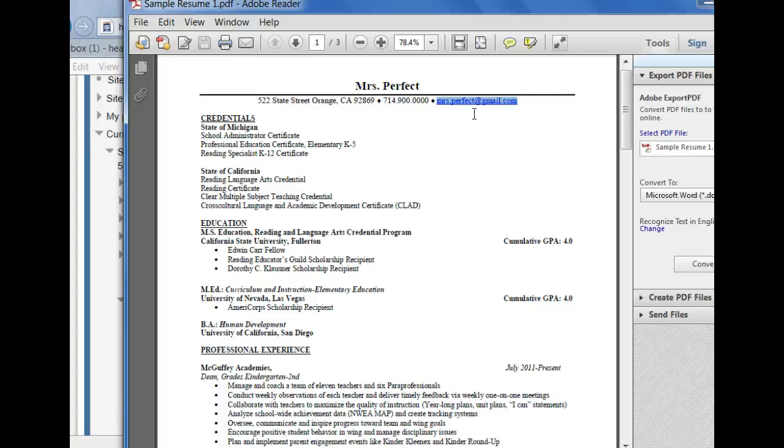All right. It's very helpful to include your credentials up at the top, because a lot of times if we're looking to fill a middle school math position, we want to make sure first and foremost that you have the certification that we need. So I would definitely make sure you put your reading language arts credential, your reading certificate, all of your certifications first and foremost, followed by education. So credentials and education should definitely be at the top because they're going to want to note that information first.